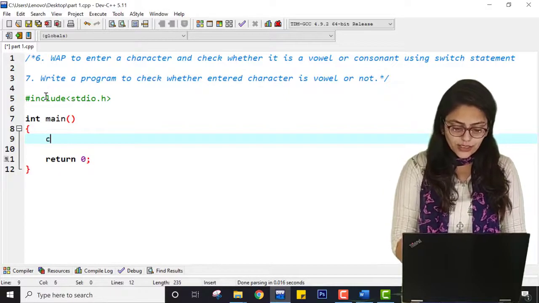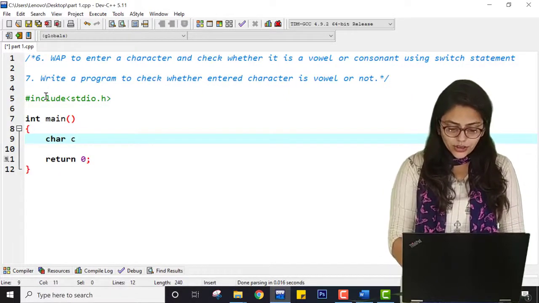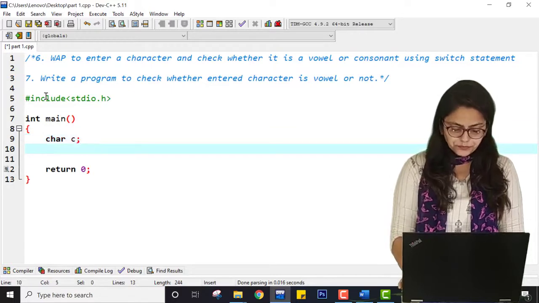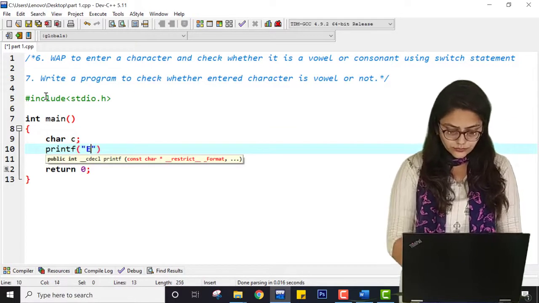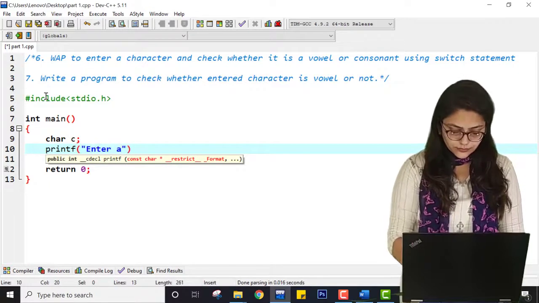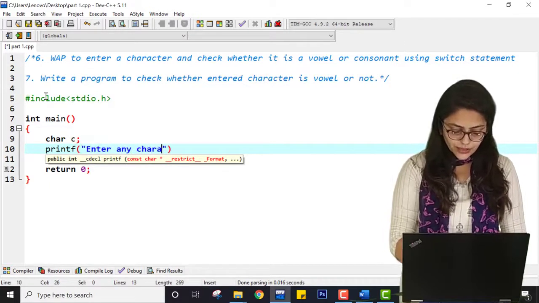So first I write a character C, then enter any character.